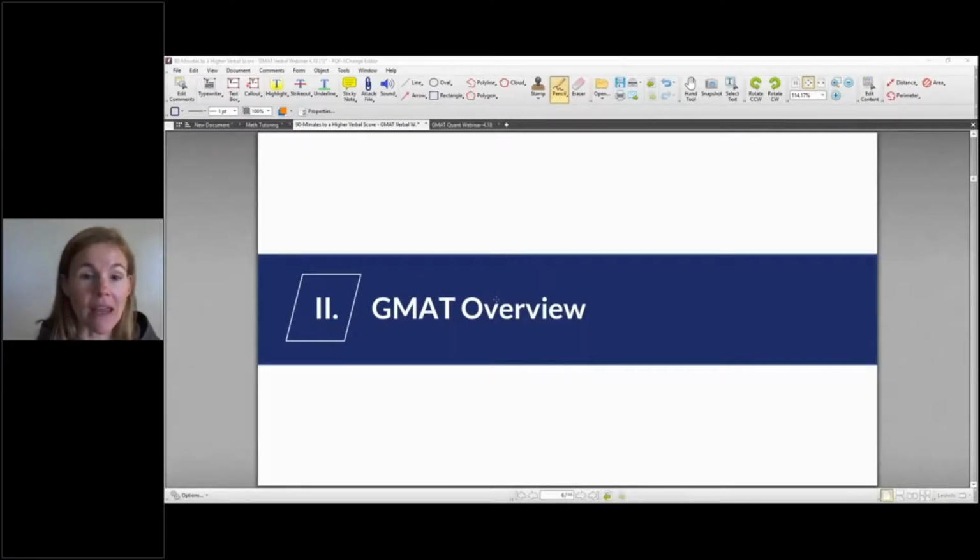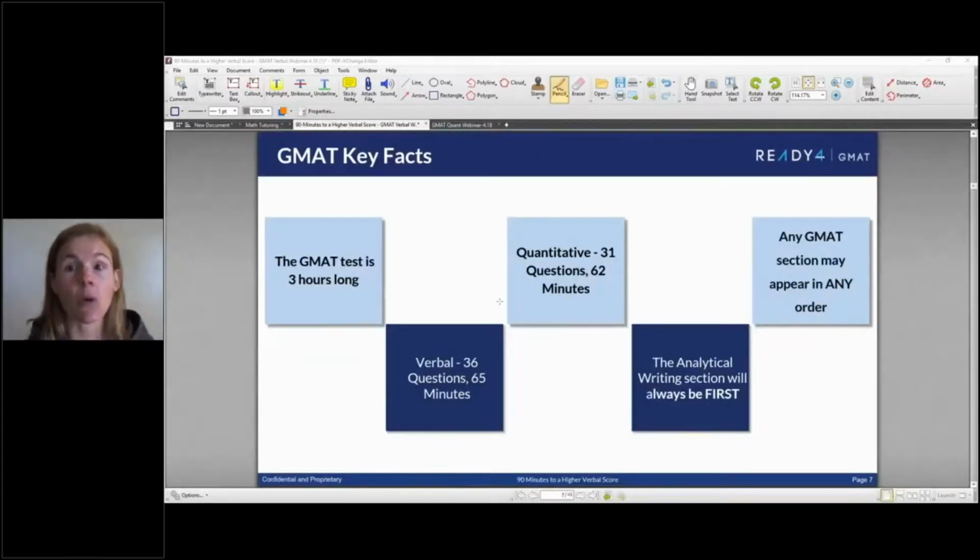The test that you're about to take is a very long test, and that's the first thing that I want you all to know. It's a 3-hour test. It costs $250 to take it, so you want to do well. You don't want to have to take it twice. Just to talk to you a little bit about the structure of the exam, it's 3 hours long, like I said, and it's roughly split between verbal and quant. You've got even numbers of both. The analytical writing section,